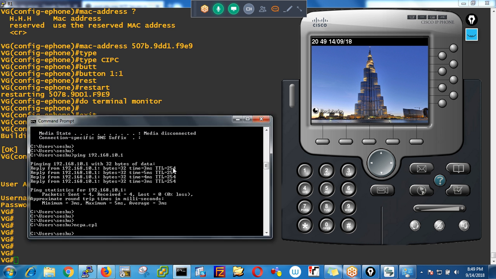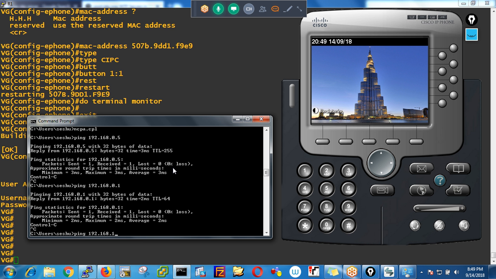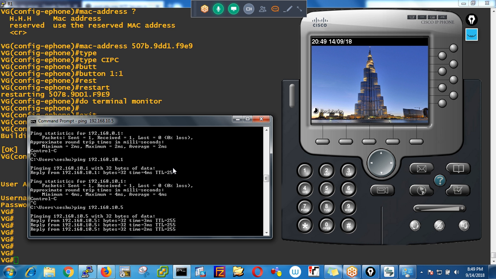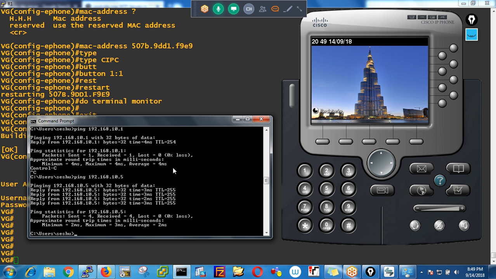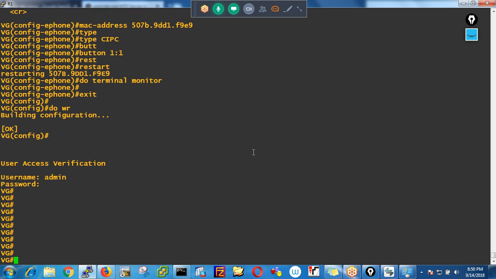I'm able to ping 192.168.0.5. That's fine. 0.1, that's okay. 10.1, 10.5, that's also fine. Because still it's not yet registered. What could be the reason? Let's troubleshoot it. But meanwhile, just wait now. Meanwhile I'm going to assign, as per my previous scenario,